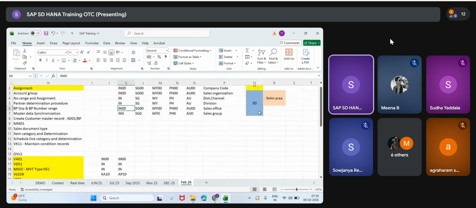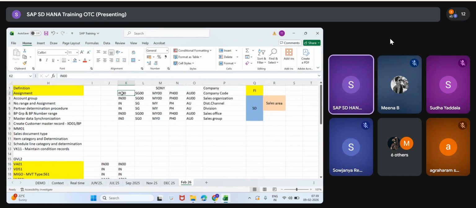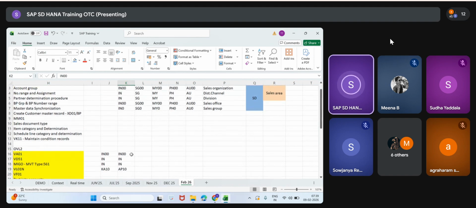Next. When we create a sales order in India, the entire sales price and everything will update in the backend company code. From which plant you will lift the material, that's why plant code is required. Plant means the place where they maintain the stock. This is also a 4-digit code.